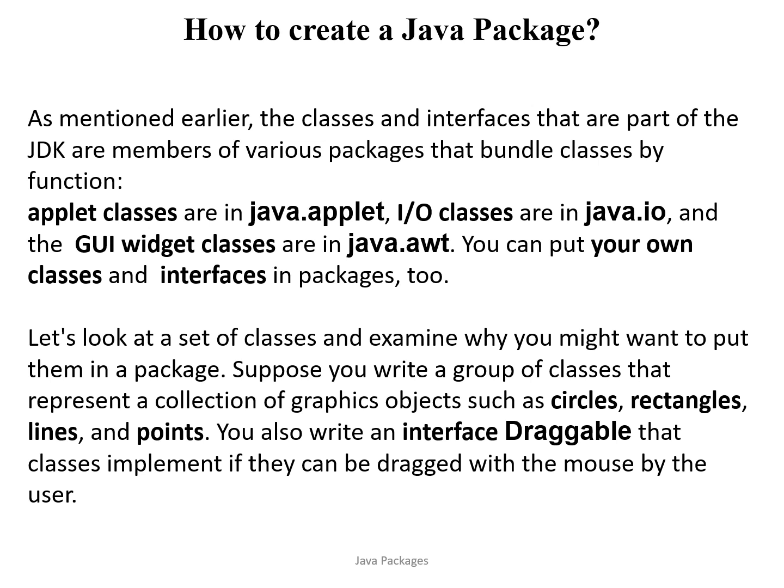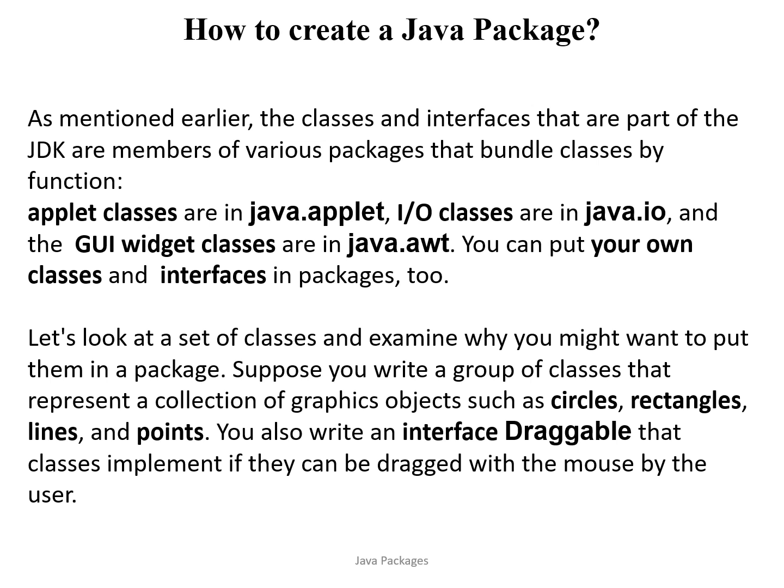Creating a package. While creating a package, you should choose a name for the package and include a package statement along with that name at the top of each source file that contains the classes, interfaces, enumerations, and annotation types that you want to include in the package. The package statement should be the first line in the source file. There can be only one package statement in each source file. If a package statement is not used, then the classes, interfaces, enumerations, and annotation types will be placed in the